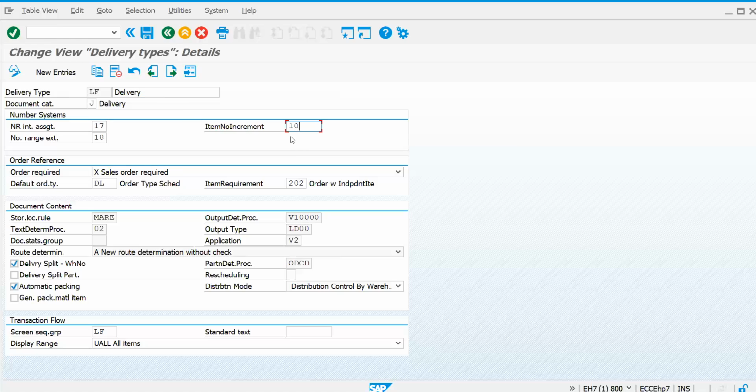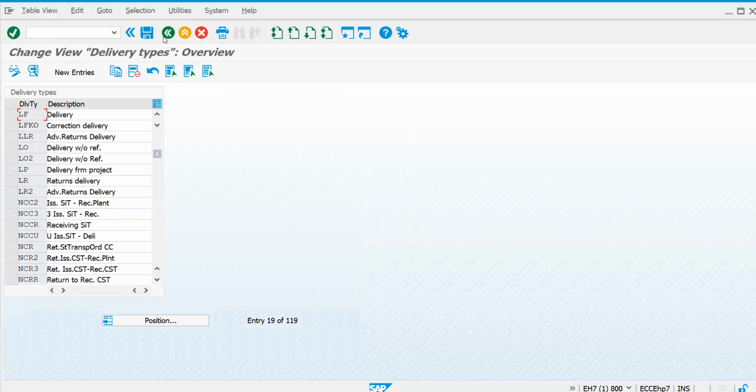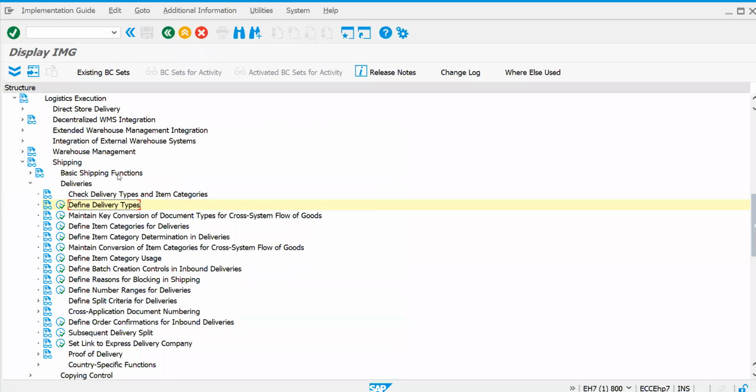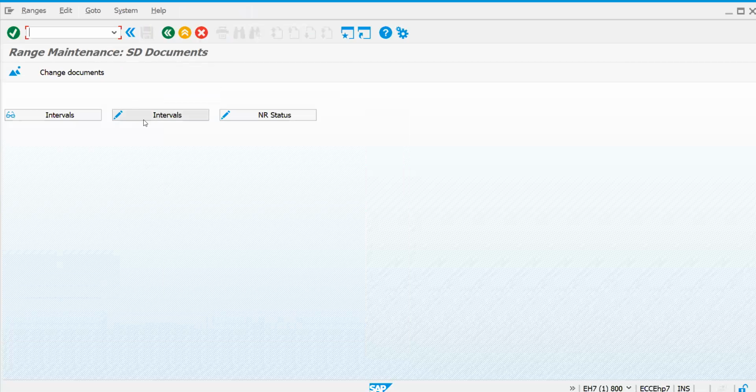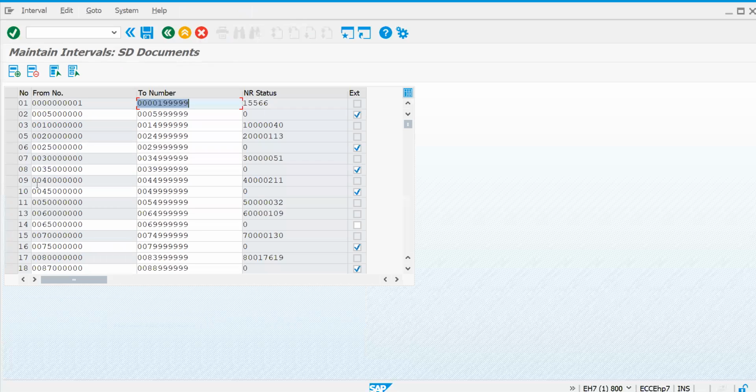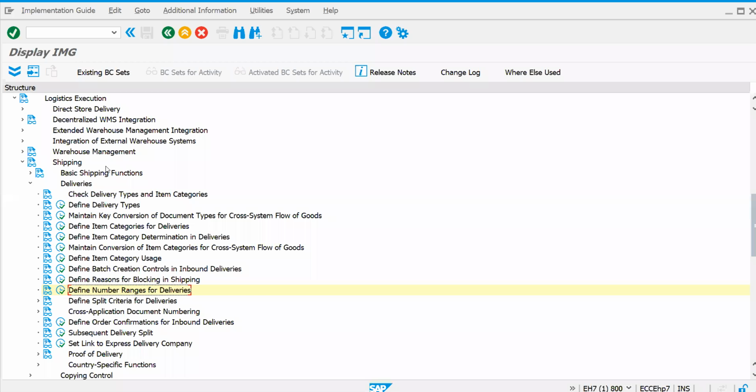Let's check this one up. So let's go back. You can see define number ranges for deliveries. If you would like to create your own number range, you can assign it. If it is external, then it will be ticked here. If it is internal, then it will be unchecked. So let me change it for our convenience. Someone has created this 14. I'm not going to create any new number range. Let's change 14.